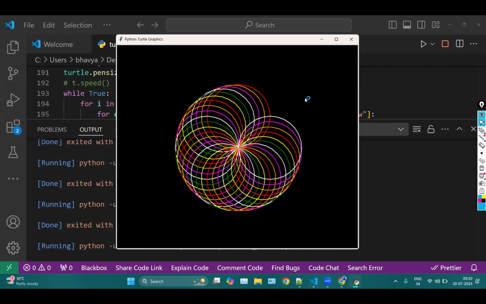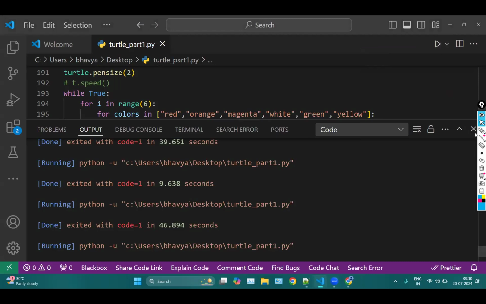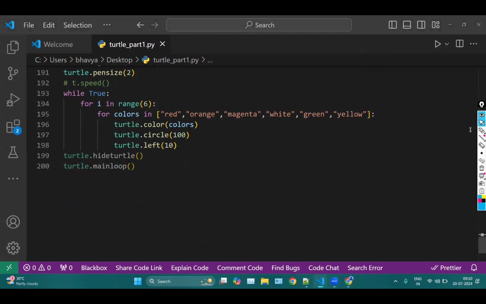So this is going to take the whole circle, up to here, this part. So I'm stopping it because this will take time. So see, this animation is very easy to create. We just run a for loop, and inside this for loop, we just pick the colors, then create a circle of 100 radius, and then left. If I increase the left to, let's say, 60, and if I put the speed,